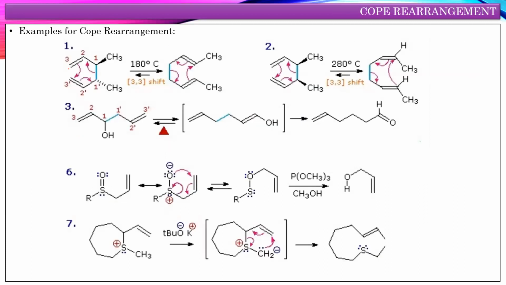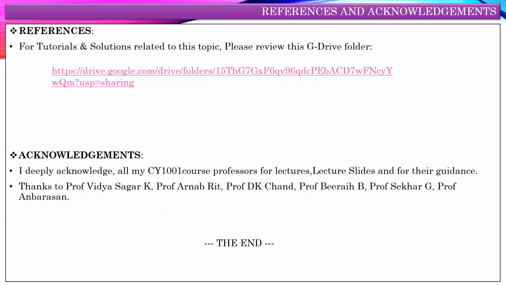These are some examples for the Cope rearrangement. If it is the Cope rearrangement, then the sigma bond breaks first. If it is Claisen rearrangement, then pi electrons rearrange to give a double bond. If it is oxy-Cope, alcohols are converted into ketones. These tricks are enough to identify whether it is Claisen, Cope, or oxy-Cope. Examples are provided. You can go through them and complete it.